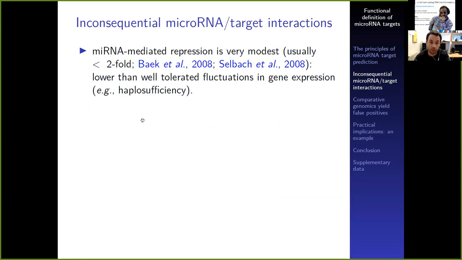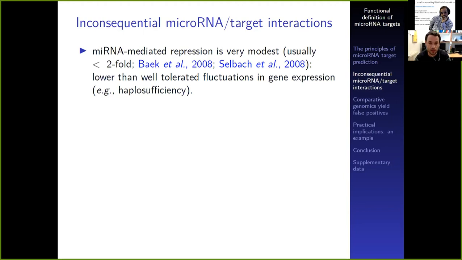For example, we know that most genes are haplosufficient in animals, meaning that an approximately twofold decrease in gene transcription doesn't yield any phenotype. And that's not even a twofold change in transcription, because normally after inactivation of one allele, there are already some feedback loops modulating this fold change. So haplosufficient genes tell us that around a twofold decrease in gene expression for most genes doesn't seem to yield